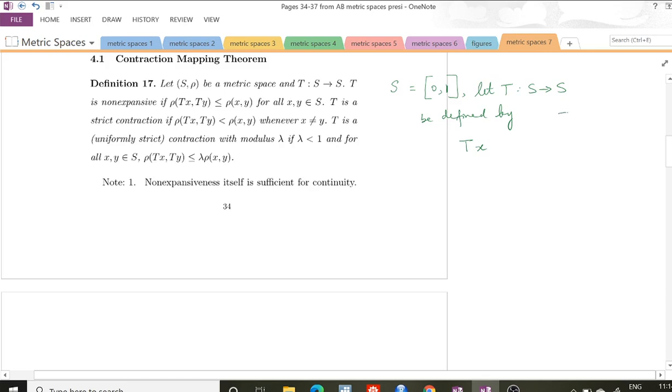So we normally use the notation Tx rather than T of x, right? So let Tx be linear affine and